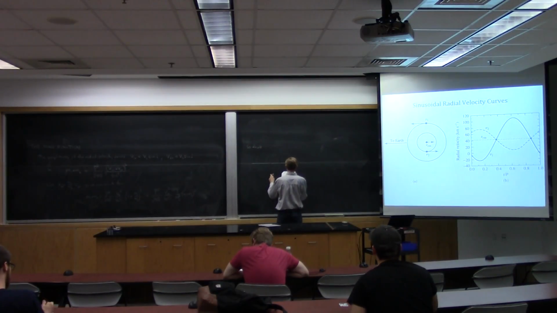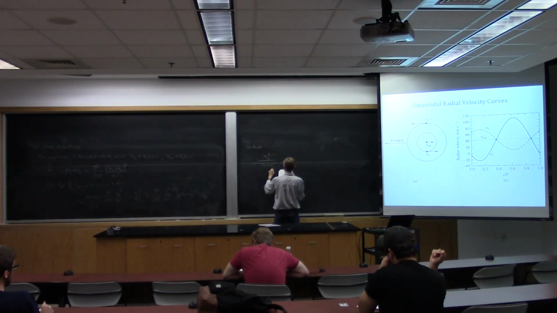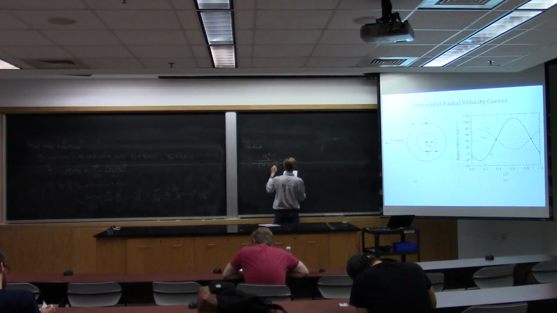So that m2 cubed over m1 plus m2 squared is equal to,